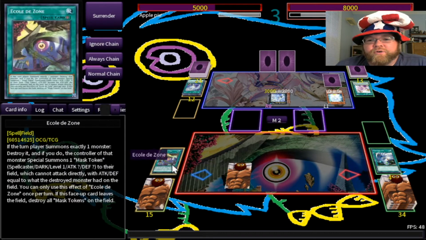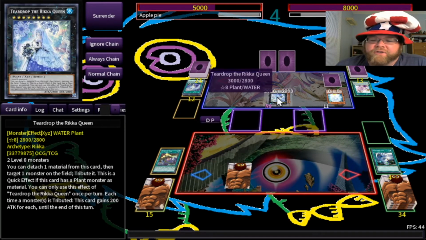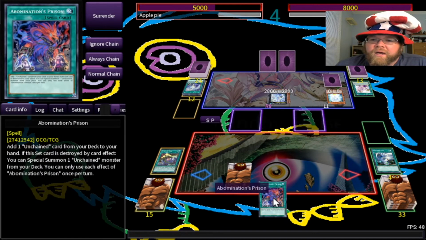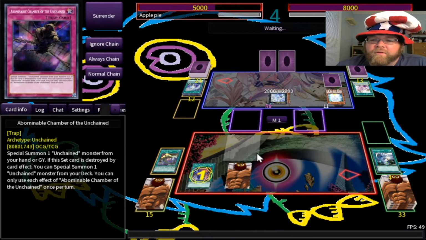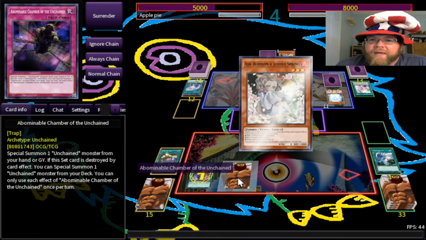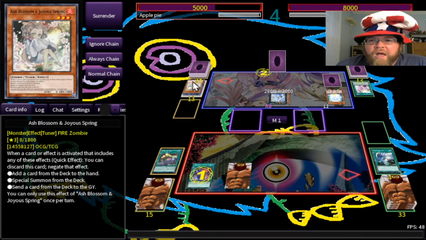I've got a control-esque sort of deck, he has a very control-esque sort of deck. Abomination's Prison. That could be very helpful. I don't have anything to...